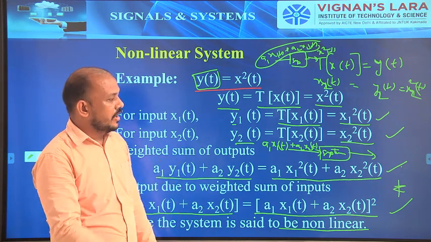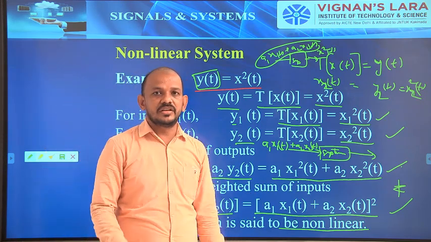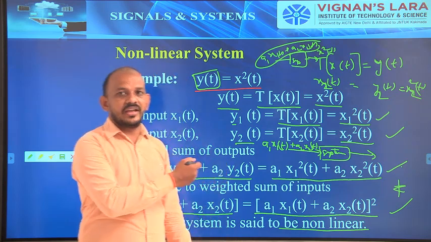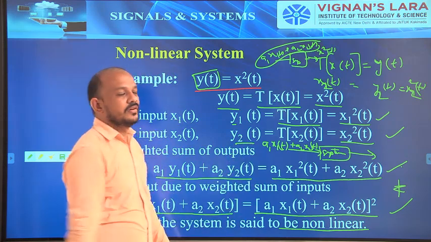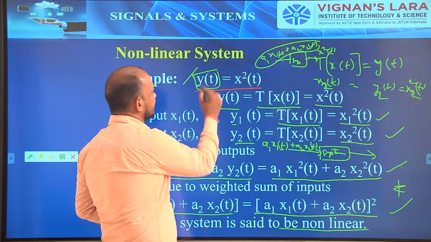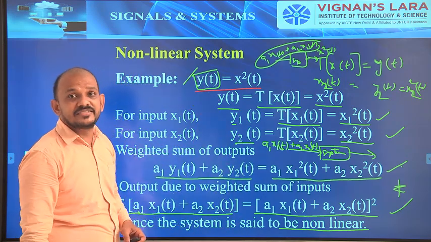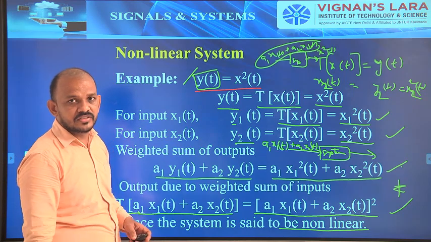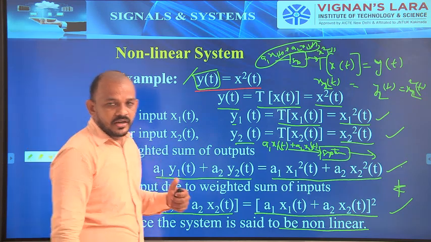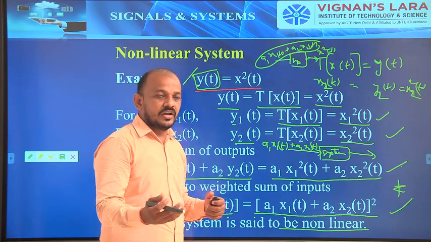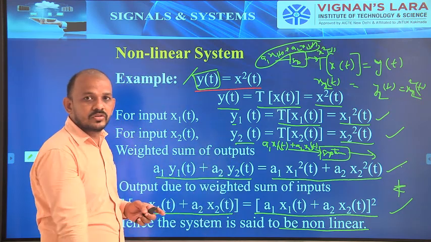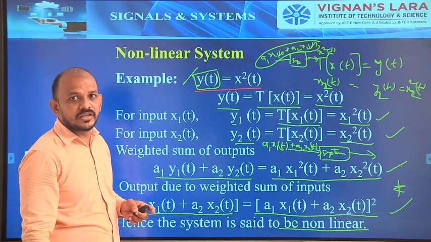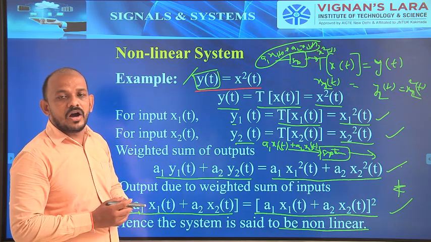So this is the way to prove whether a system is linear or non-linear. Here I have taken this as an example for non-linear, and I proved that the given system is a non-linear system. Yesterday I took as an example a system y of t equal to x of t square, and I went through the procedure, and finally I proved that the output